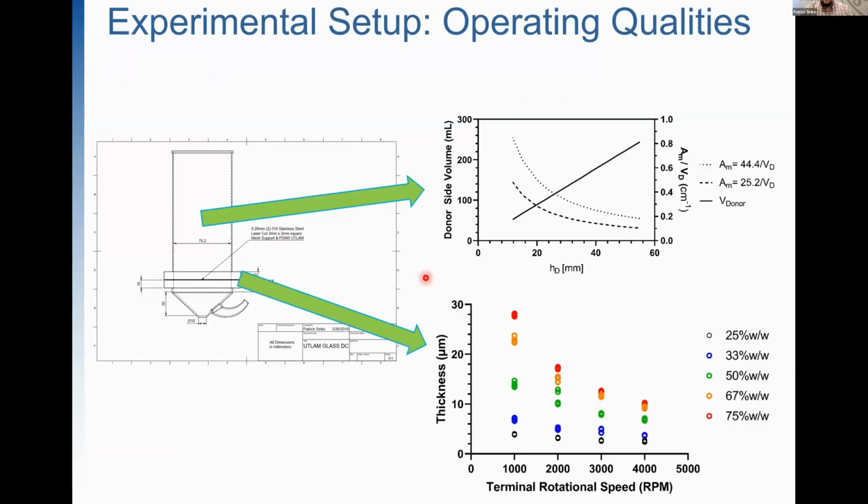So now we have a diffusion cell which we think should be sensitive enough to actually measure any changes in the flux that is caused by particle dissolution within the boundary layer. We use a very small volume, a small water column in this upper compartment, to maximize the A to V ratio, getting our absorption rate as high as we can. And we use the spin coating technology to produce this 10 micron membrane.